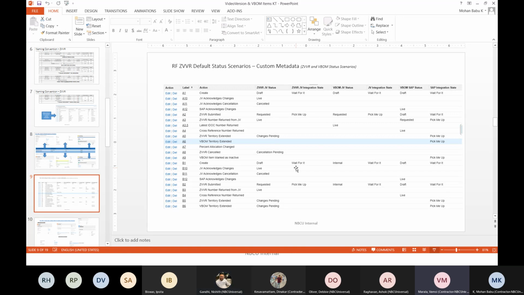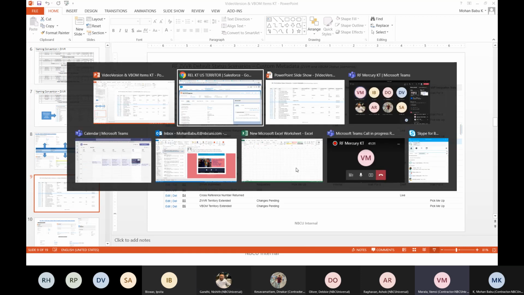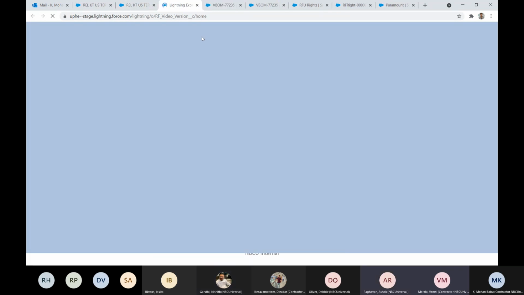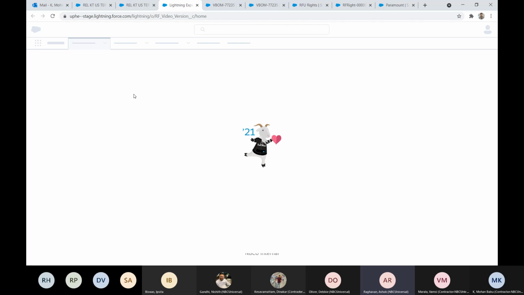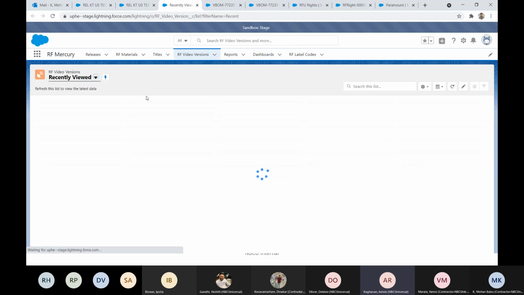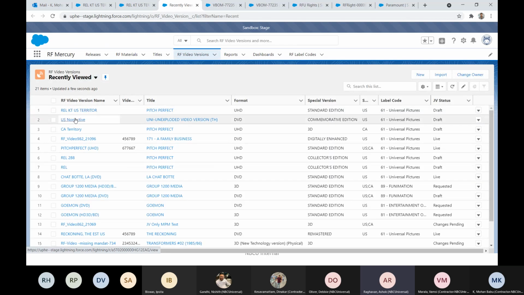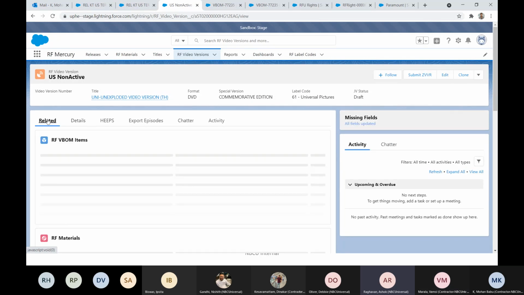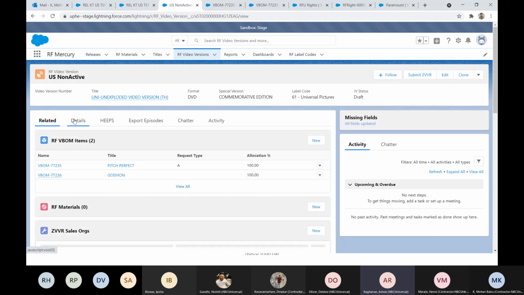That means every video version is linked to a title, and for every material there should be a video version. In other words, Nishit, on the JV side, more than release, the video version is mandatory. Without a video version, you cannot send any data to JV.